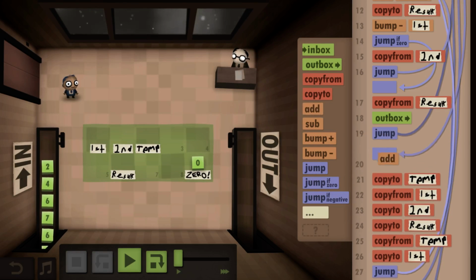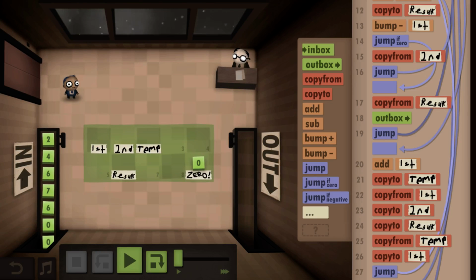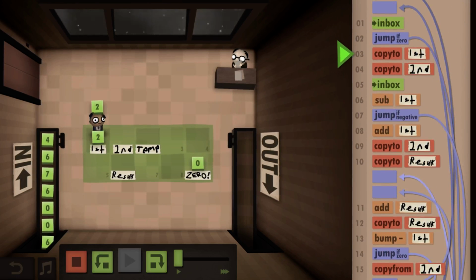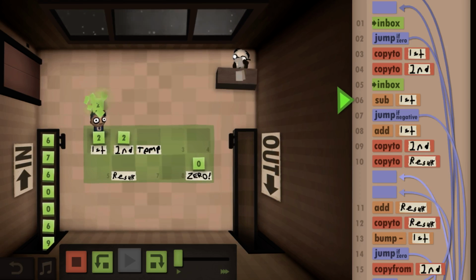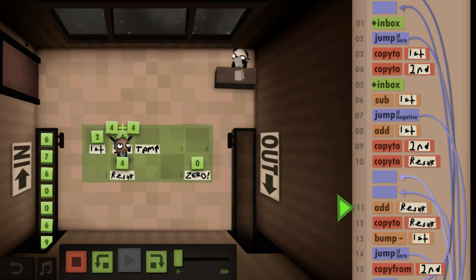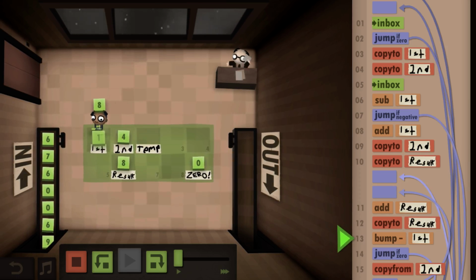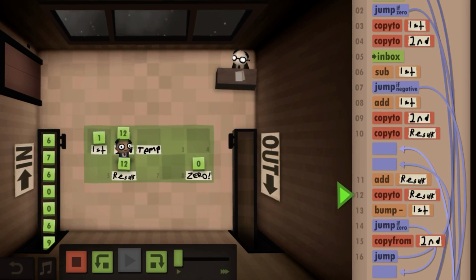So add that. Two. When we subtract this, it's positive, so it goes there, goes there. That one should solve fine and give us 8. Right?